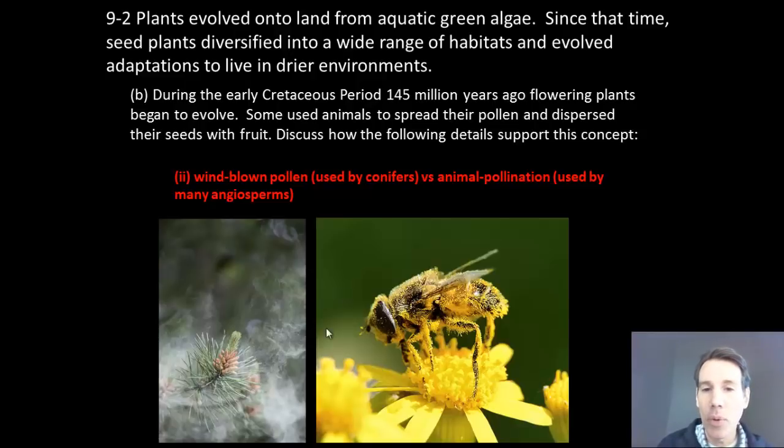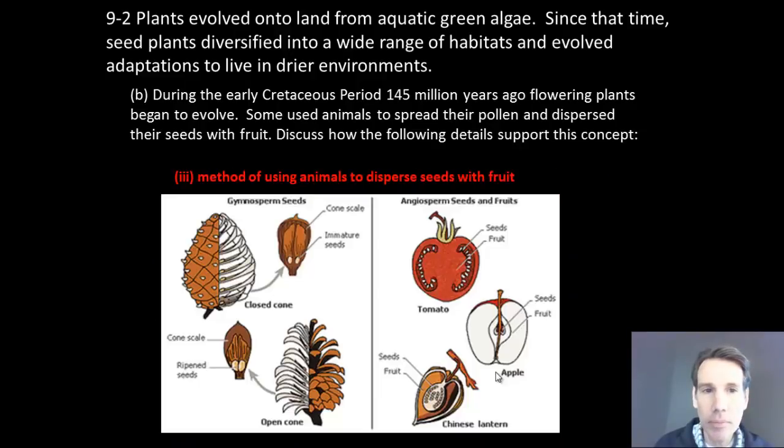And so that's probably one of the reasons why angiosperms have become a dominant type of plant today. Most plants you see outside are angiosperms. Gymnosperms are much less common compared to angiosperms today. So let's focus on their seed dispersal here.